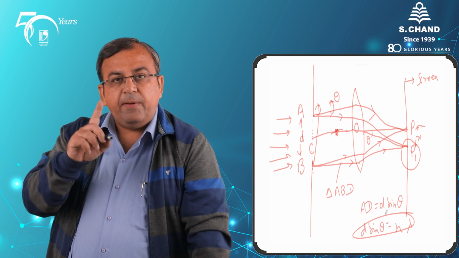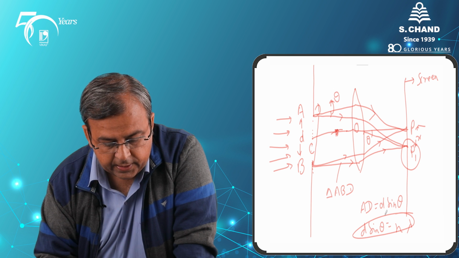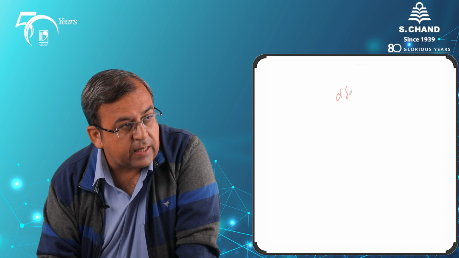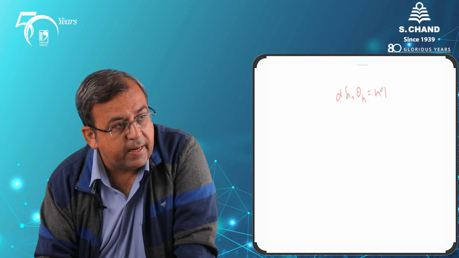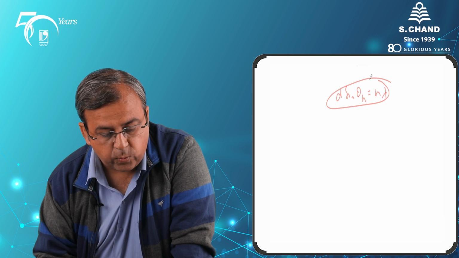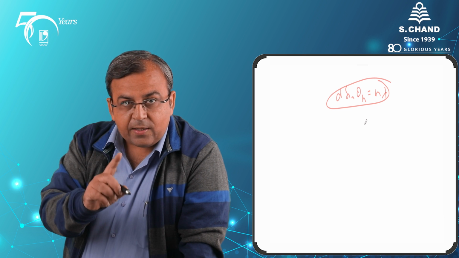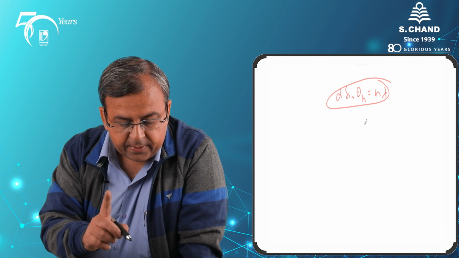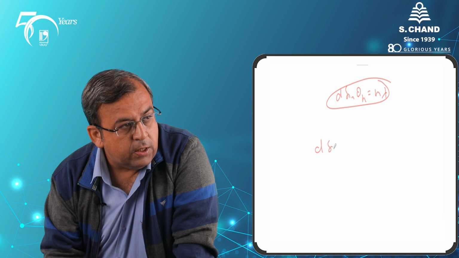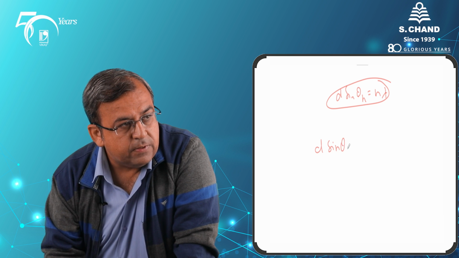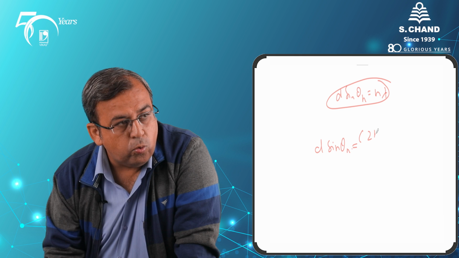And the point P1 will be of maximum intensity, right? We said that d sine theta n is equal to n lambda, which we had done last time. The point P1 will be of maximum intensity if the path difference is equal to odd multiples of lambda by 2. So it will look like d sine theta n is equal to 2n plus 1